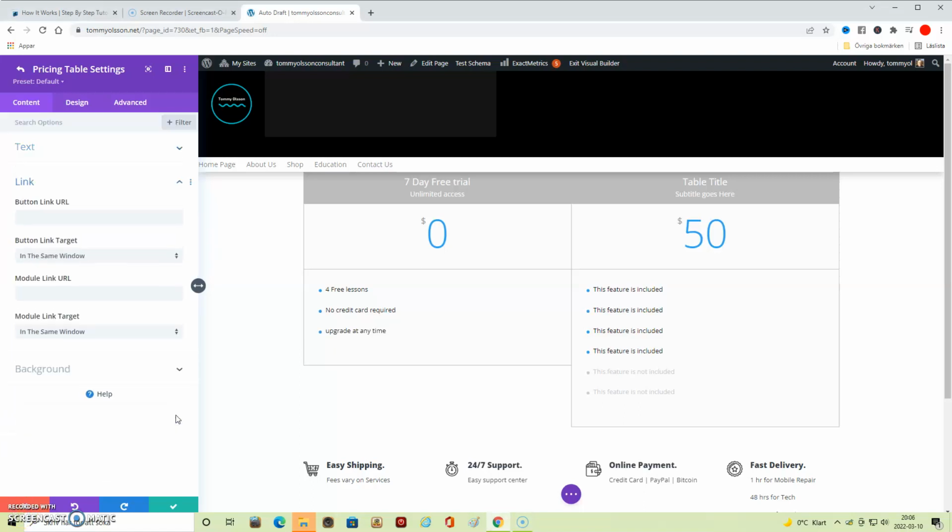Sorry, we click on link and mark it as a frame holder up there. And there you see the button text.